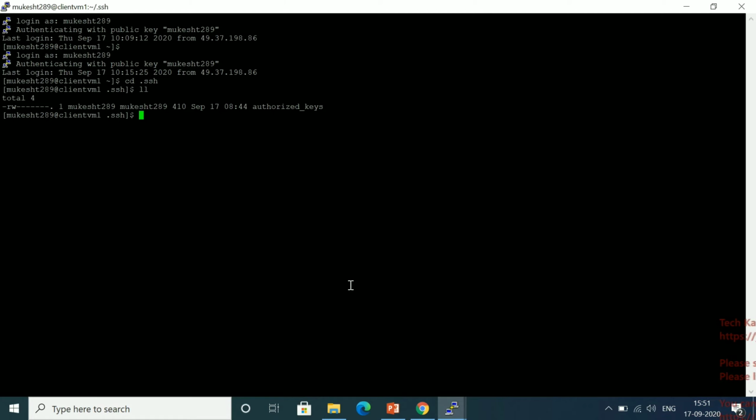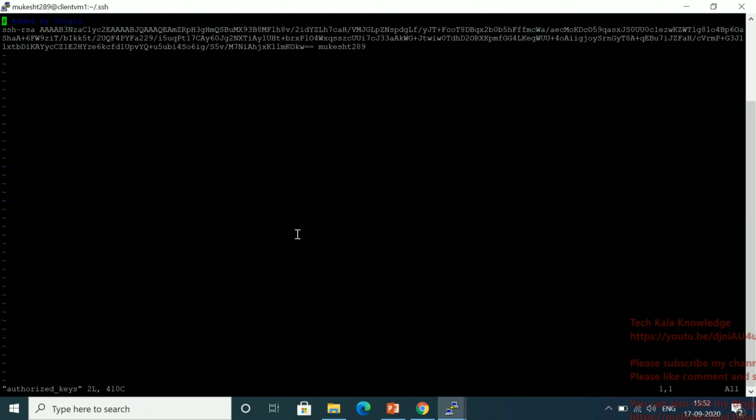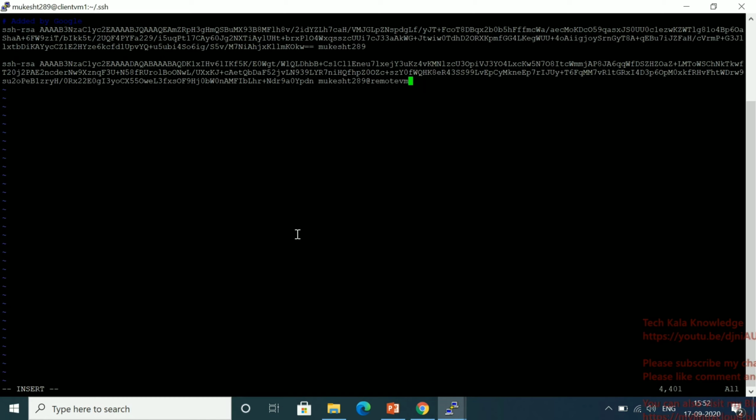If it is not there, then you can create this file with the same permission, read and write, which means 600. Let me edit. Now let me save.